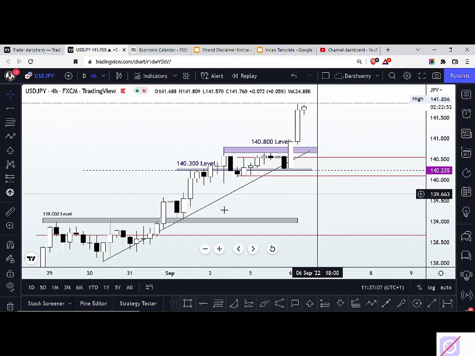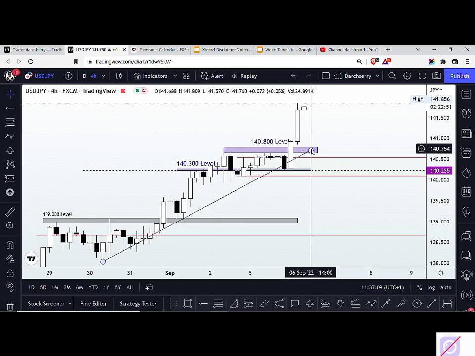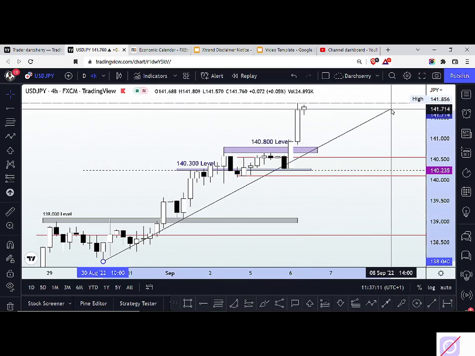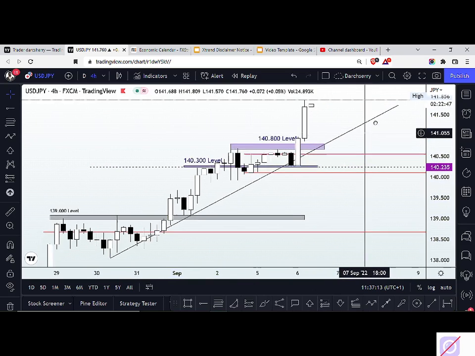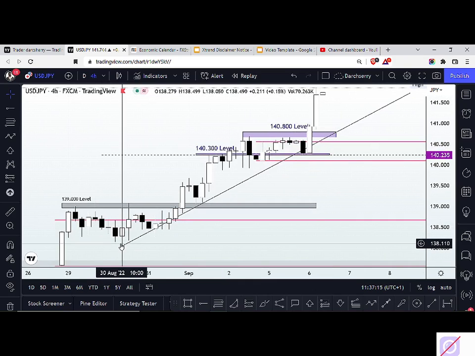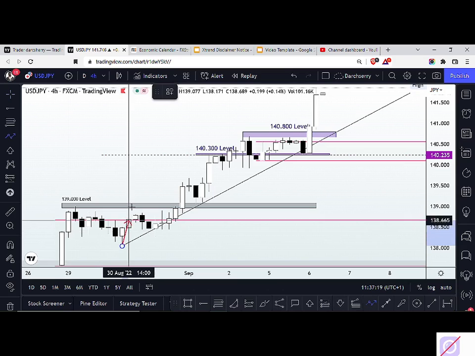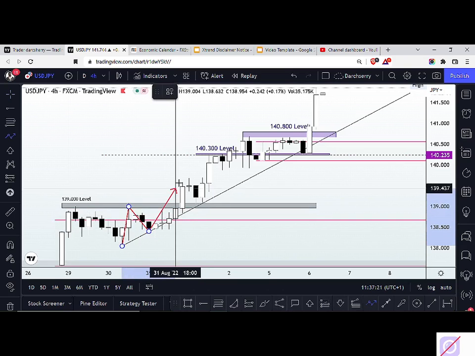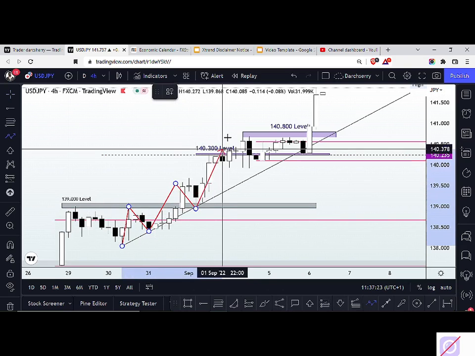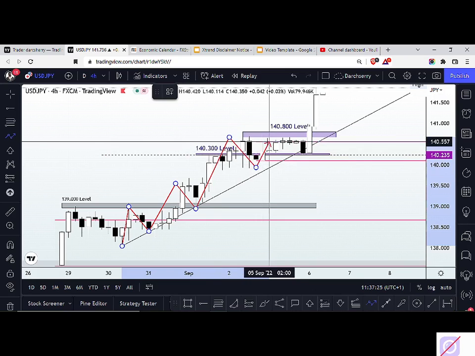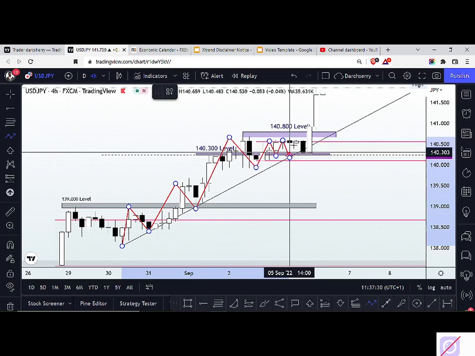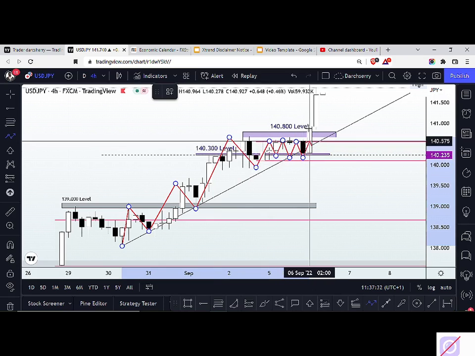So on the 4 hours time frame, we identified this bullish trend line, this temporary bullish trend line that has been guiding price action since the beginning of this month, since the beginning of September. We can see how price has consistently respected that bullish trend line, and see what we have here. We saw a consolidation phase here since the beginning of this week's trading session, before we saw the breakout of this